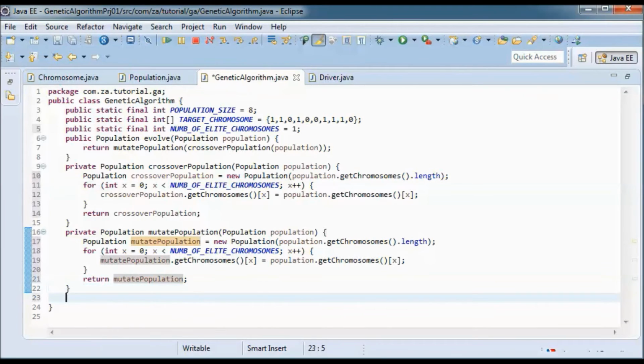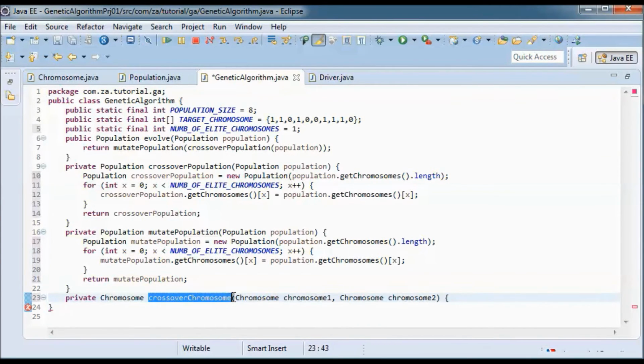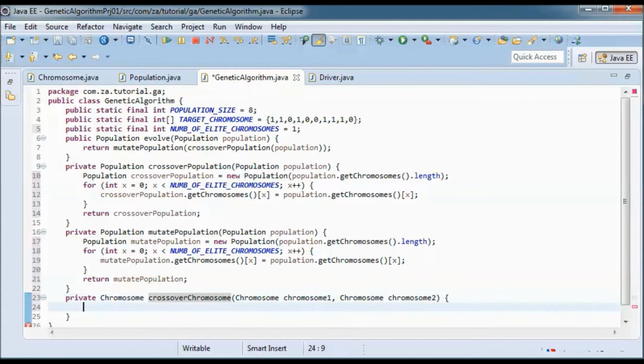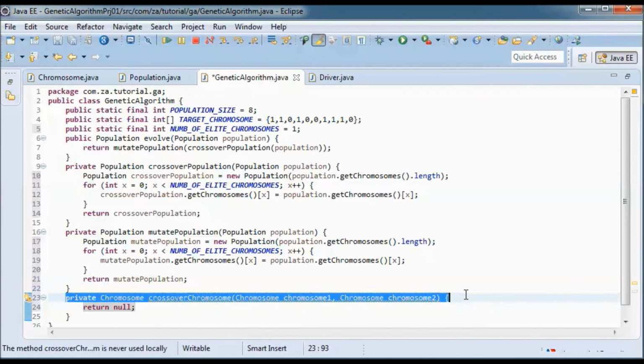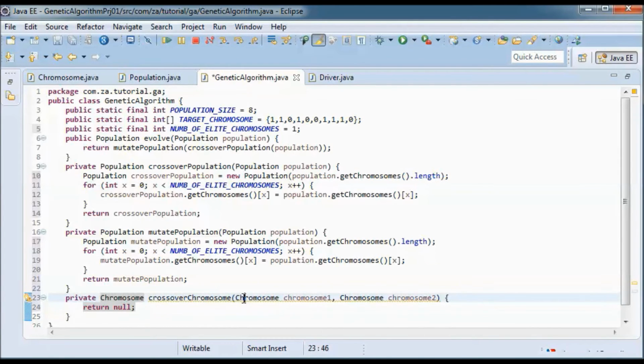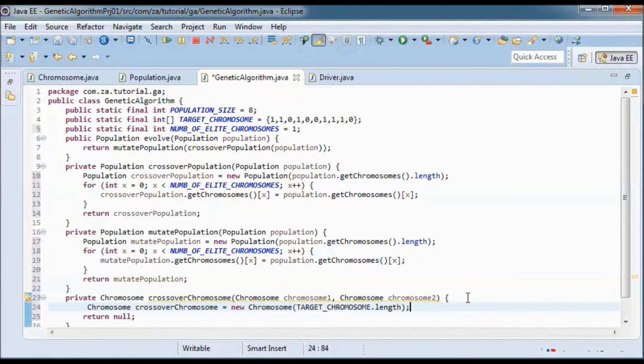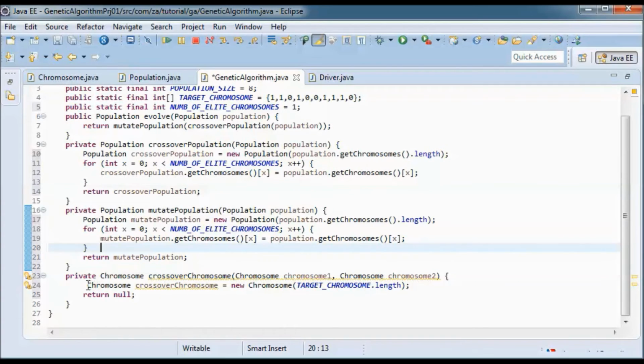Next, let me define this method, crossover chromosome. For now, let's return null. This method does a random gene selection from each one of the parent chromosomes and puts that in a new chromosome before returning it. Let's call that crossover chromosome.